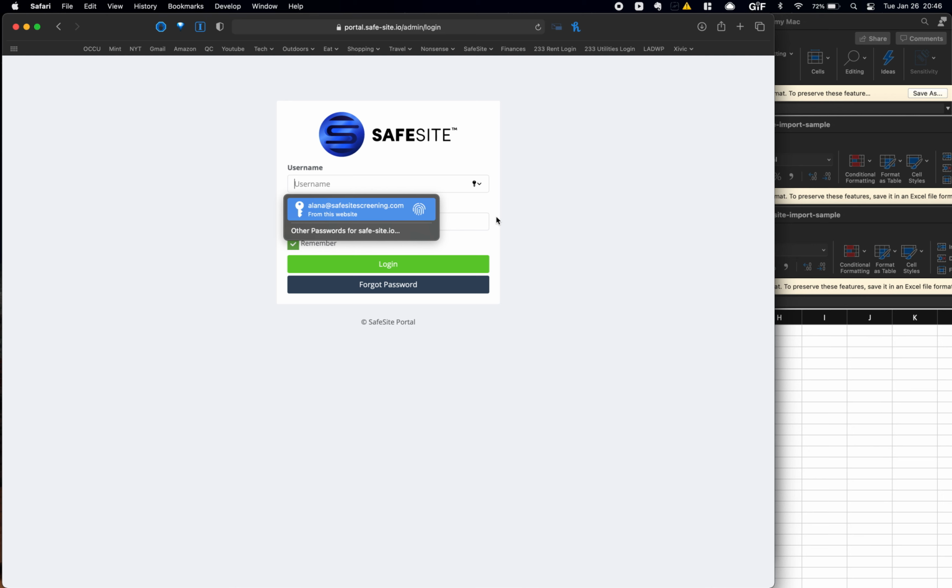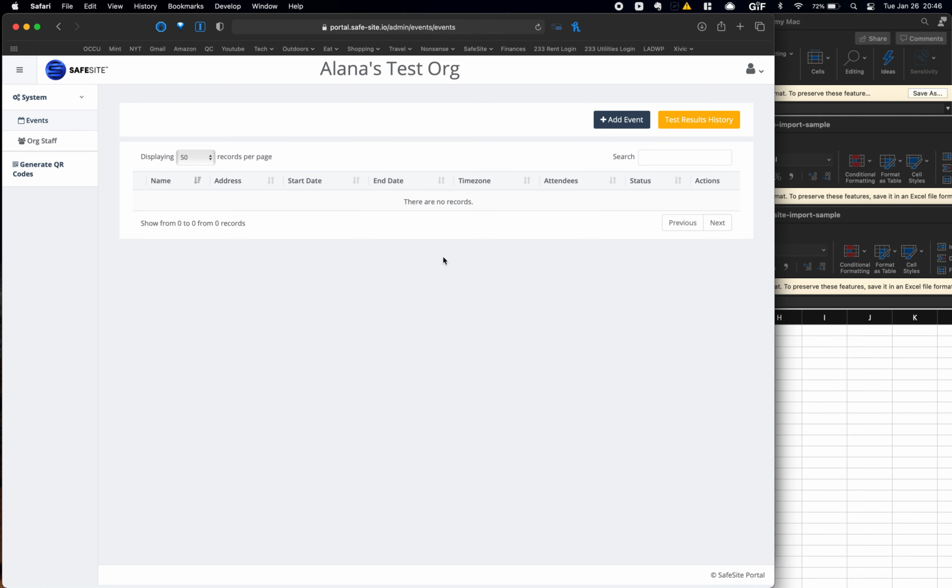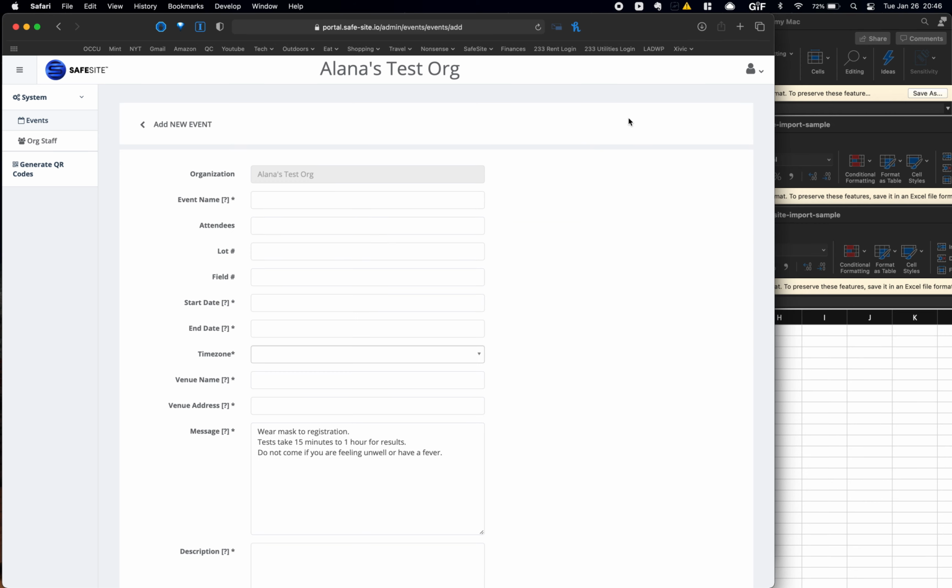How to create a SafeSite event. The first thing you want to do is log into the portal with your username and password. That takes you to the event page for your organization. You click Add Event, and here there are helpful little hover text options that tell you what needs to go